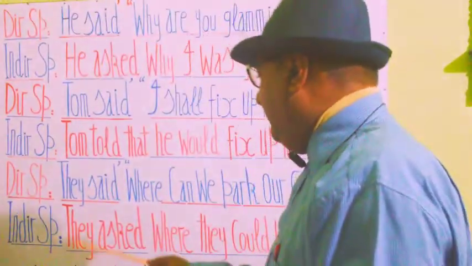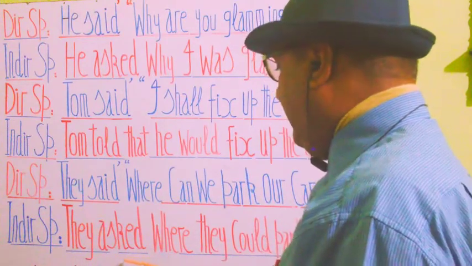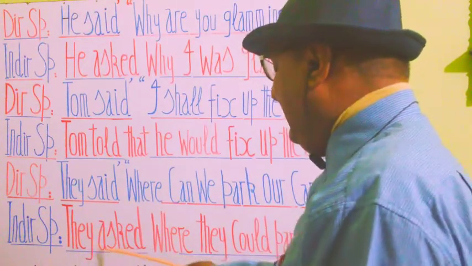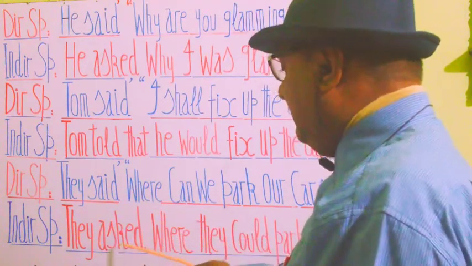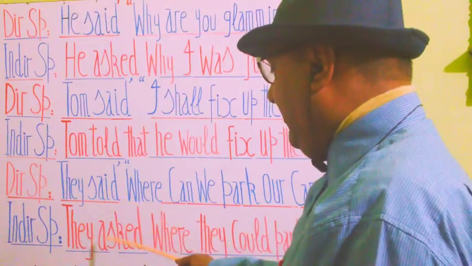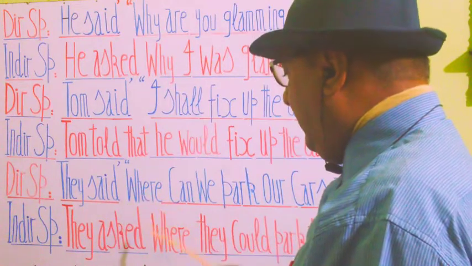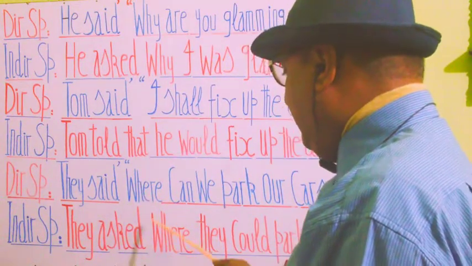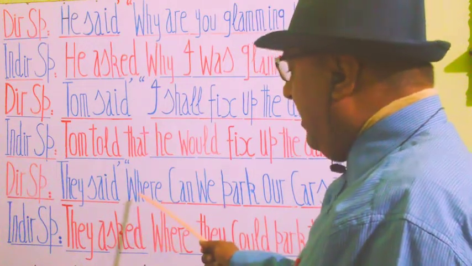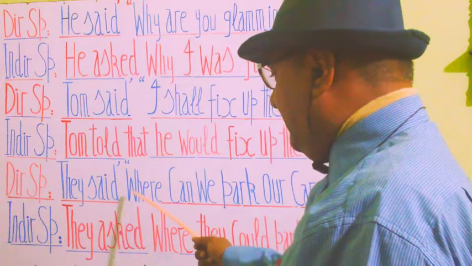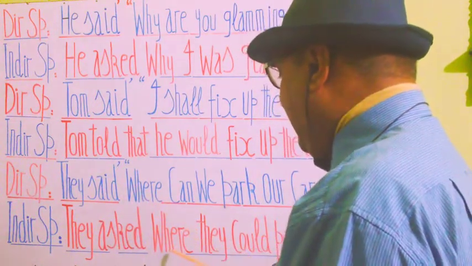Hey guys, you see here indirect speech. Why write here the first part of this statement? They asked. Why have we written asked instead of said? They asked because the rules allow that we can do this. Now we approach the commas. There's a where. Now we will write it down here as it is. So where is here and commas are removed. The rules say that the words starting with W will be written as it is. So we write here where as it is.